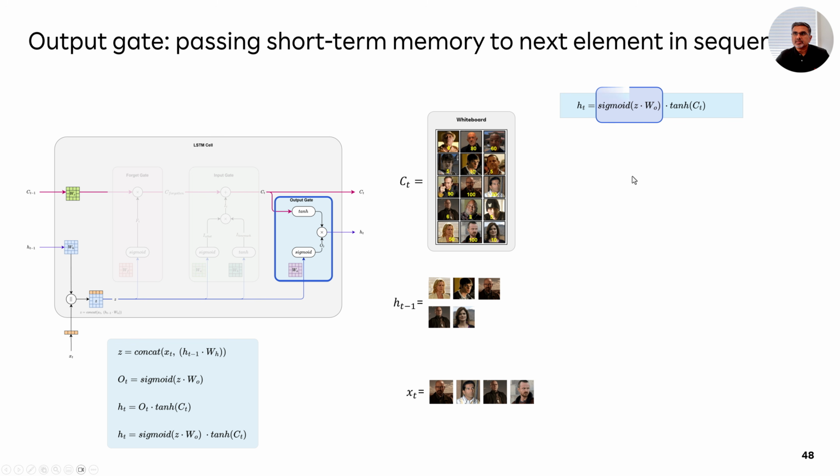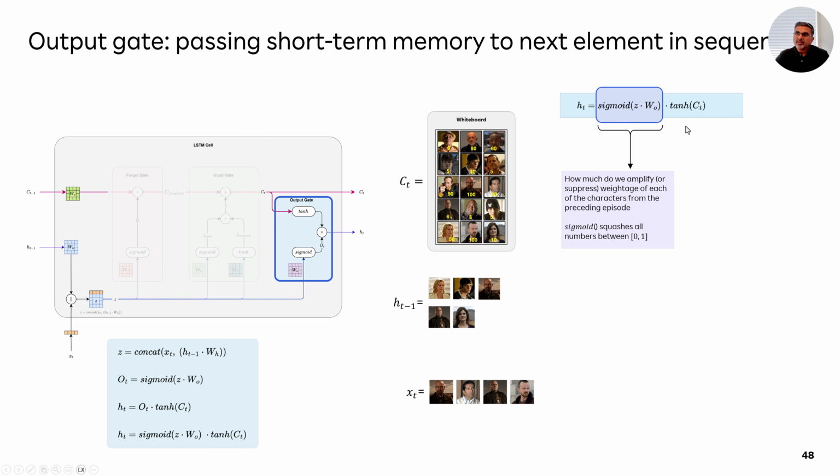So what the sigmoid does is, again, how much do we amplify or suppress the weightage of each of these characters in the short-term memory as they are progressing from episode to episode, or one element of the sequence to the other. Again, sigmoid is a great way to squash the values between 0 and 1. So that's why sigmoid is used here.